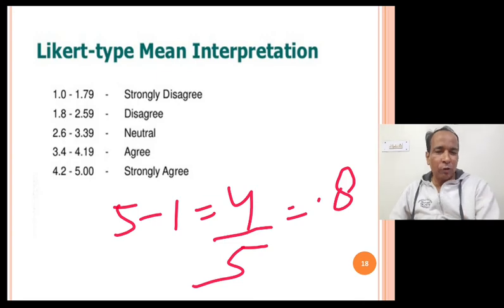Since it is continuous data, you just keep on adding 0.79. If you add 0.8 also, this will work. This won't have any problem at all. So beginning from 1, 1 is the lowest value, 5 is the highest value. You can't go below 1. For the worst case, you get 1 choice, that is strongly disagree. So 1 to 1.79 or from 1 to 1.8.